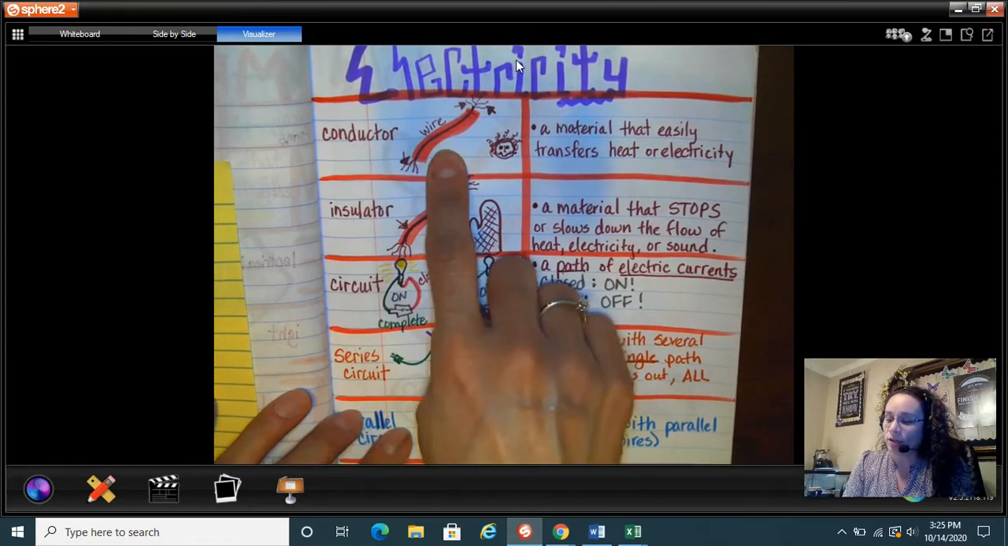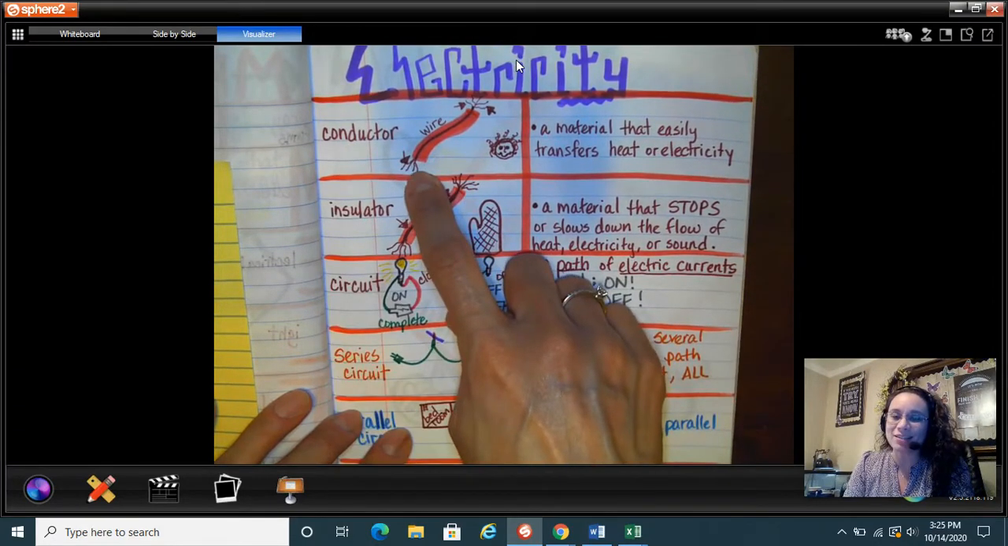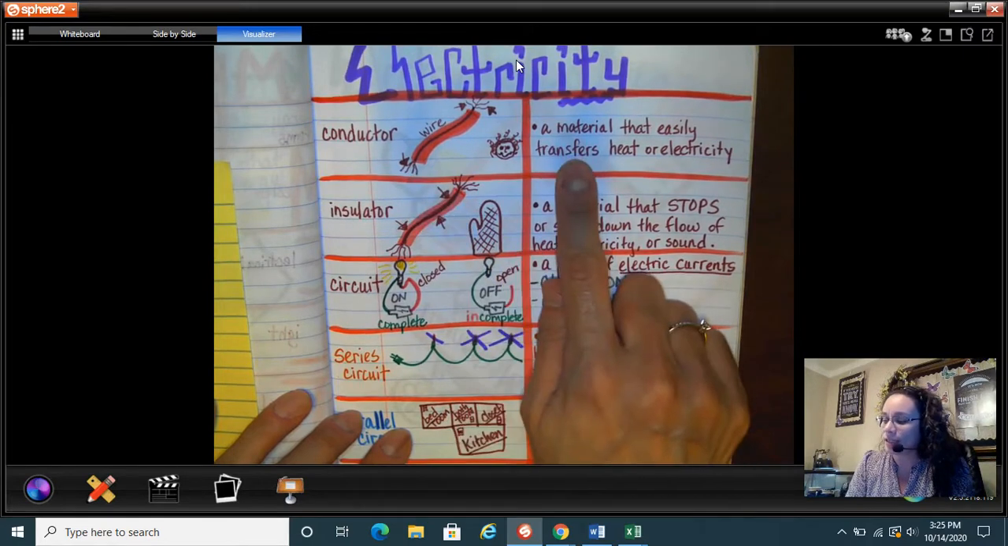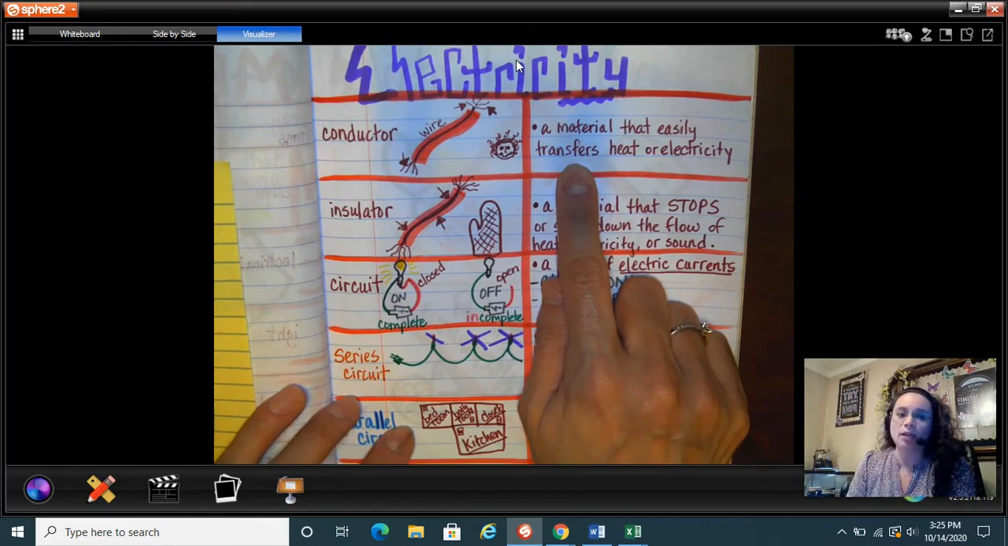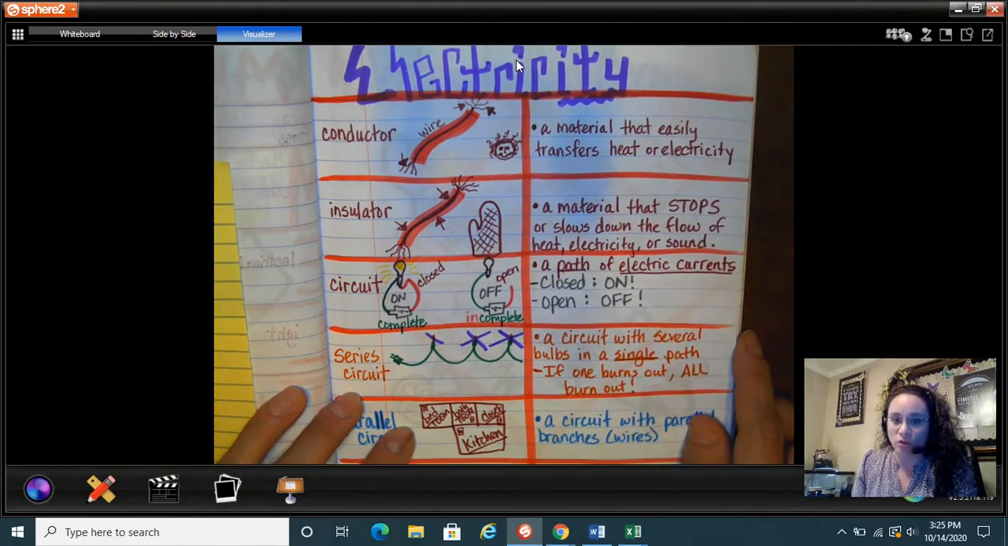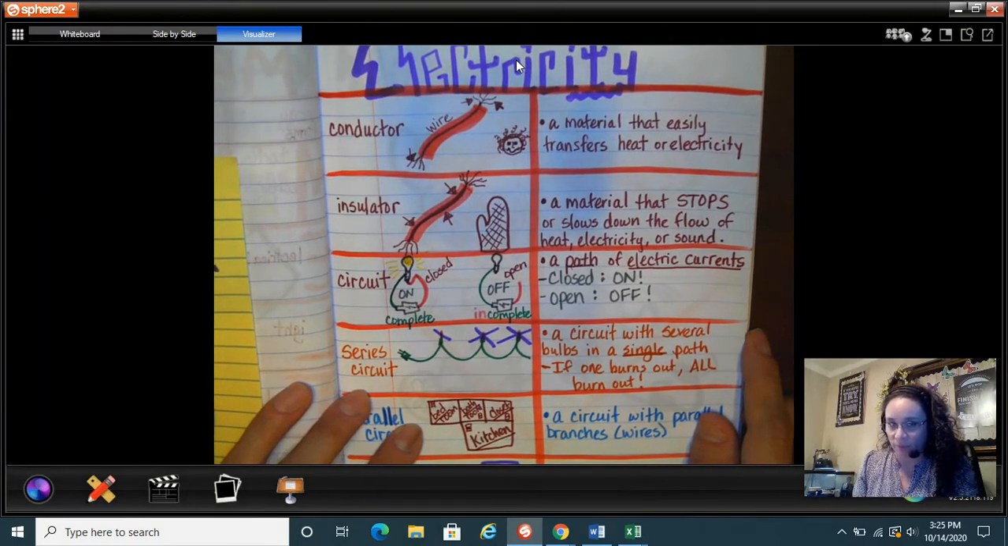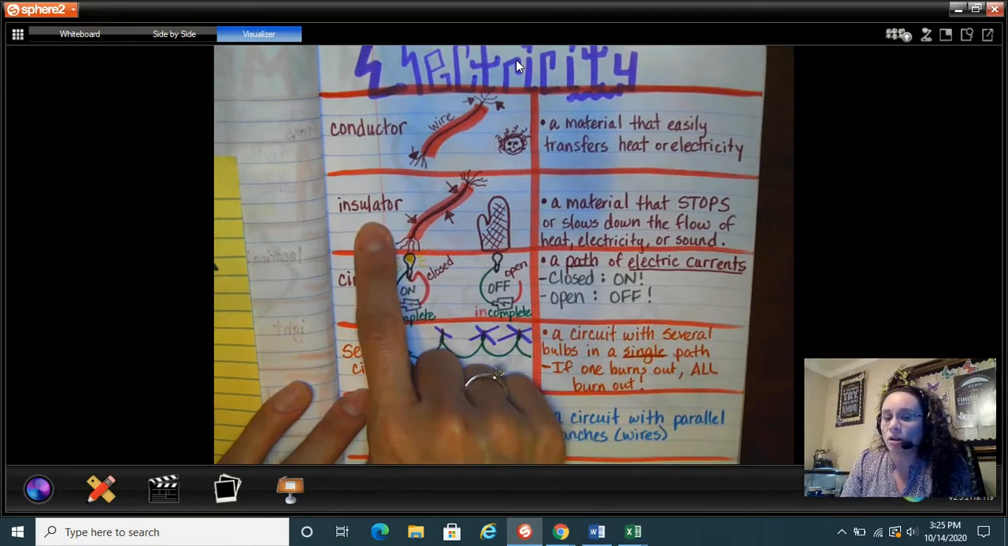In a wire, you have the metal part. That's the conductor. It's a material that easily transfers heat or electricity. Okay, so now you're working with electricity and you're working with heat, okay, or electricity. So safety is the utmost concern when you're working with electricity, okay, because not all conductors are covered with an